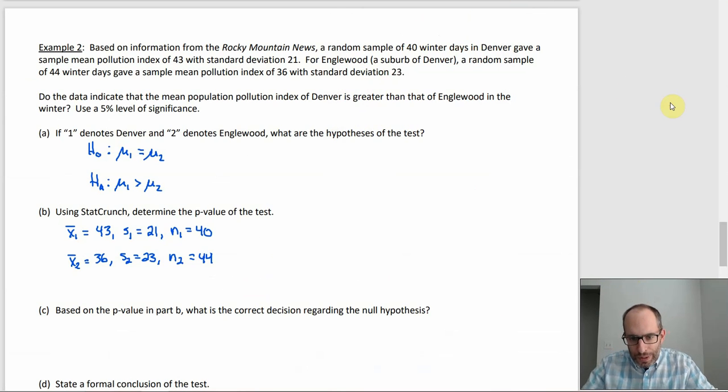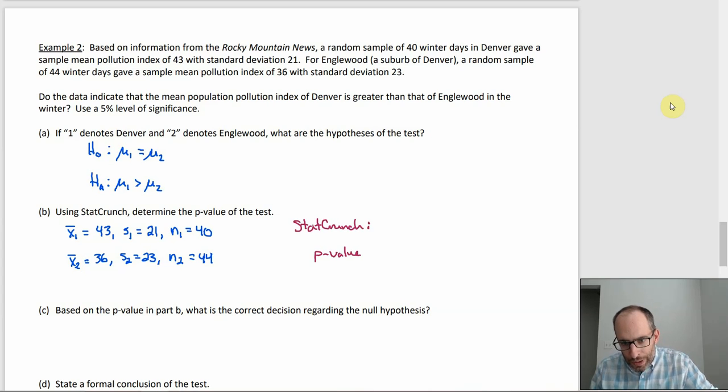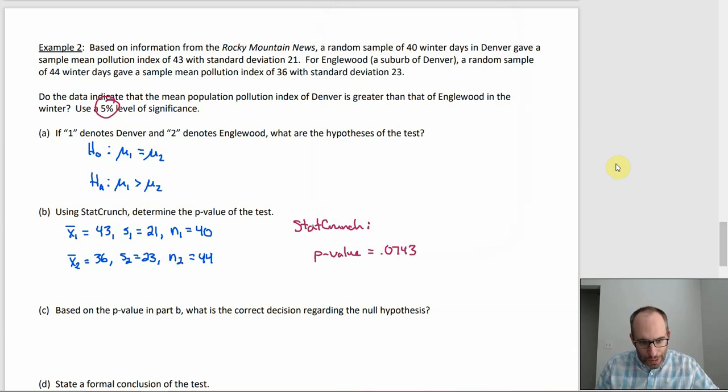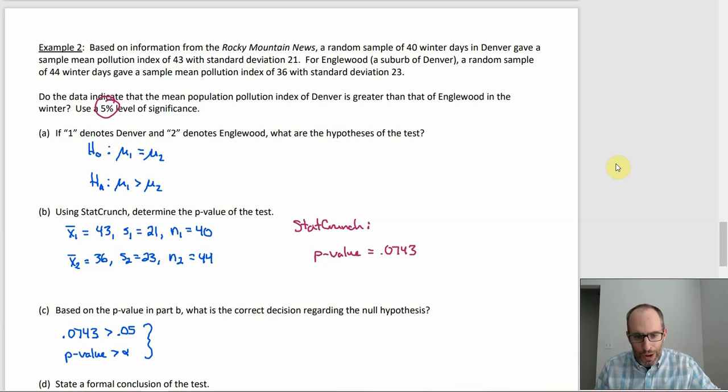So with StatCrunch, what we got was a p-value of 0.0743, and then we're using the typical 5% level of significance. So for part C, what conclusion are we going to end up with? 0.0743 is bigger than 0.05. So that means that the p-value is bigger than alpha, and that's the case where the null should not be rejected. Right? We don't have enough evidence to reject it, so the null should not